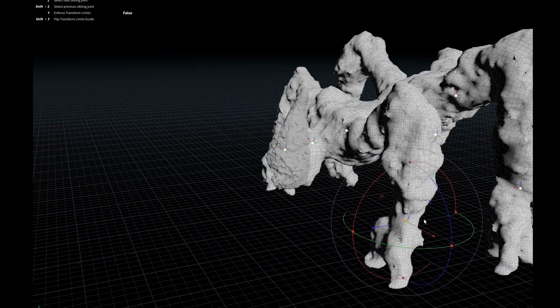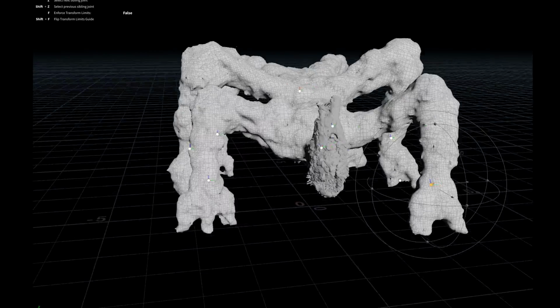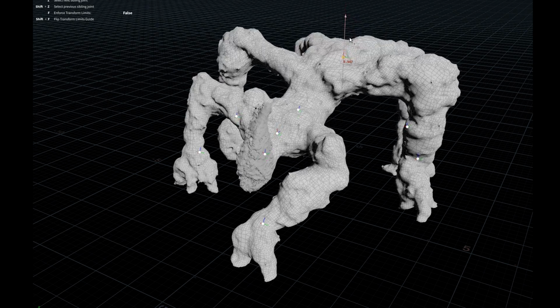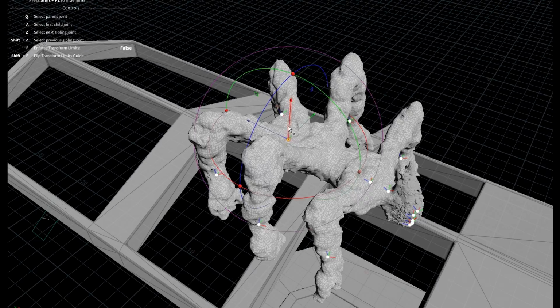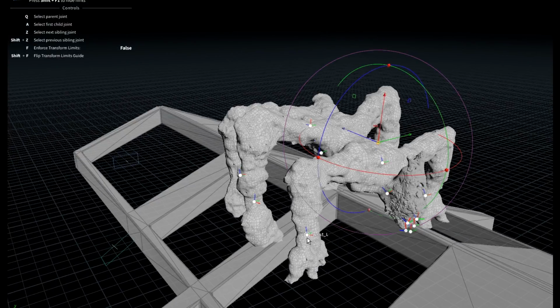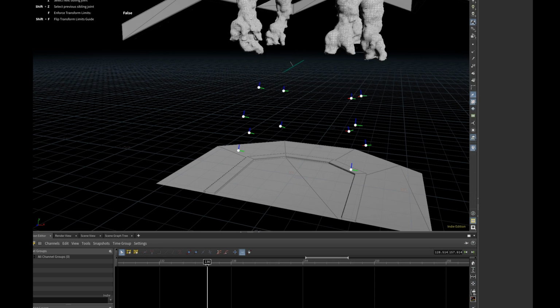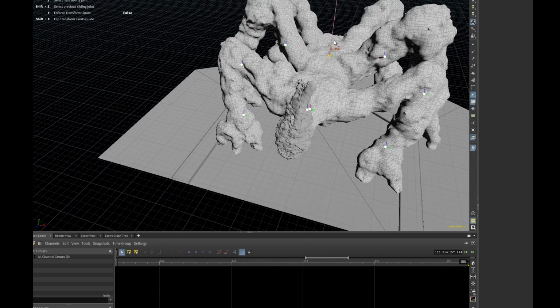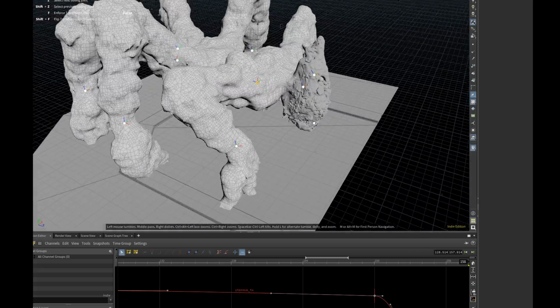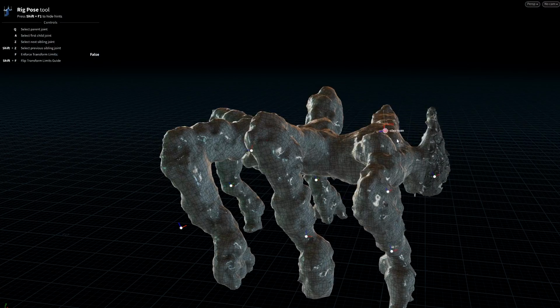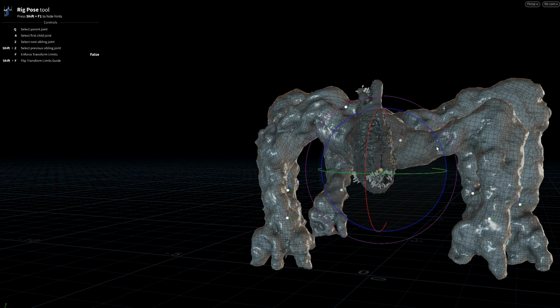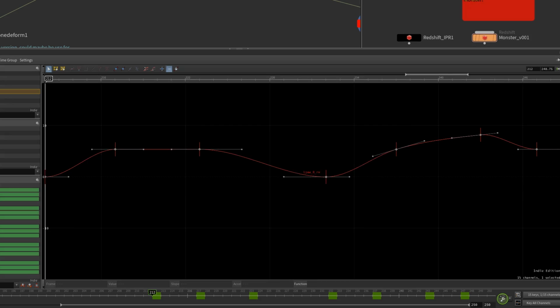Once the rig is done, I can move and rotate the various bones to start posing the monster. Each relevant pose is stored as a keyframe, and the software interpolates between the keyframes. This means that I don't have to create a pose for every single frame, which would be extremely tedious. And that's not to say that animation is a quick and easy affair. It's always tricky to get the timing just right and make the creature feel like it has weight and purpose in all of its movements.